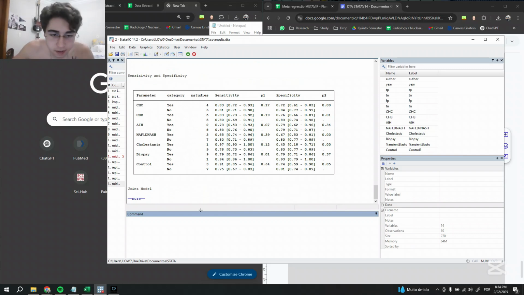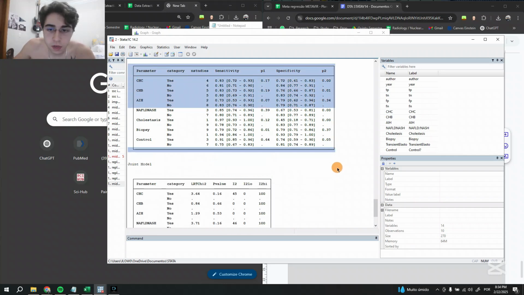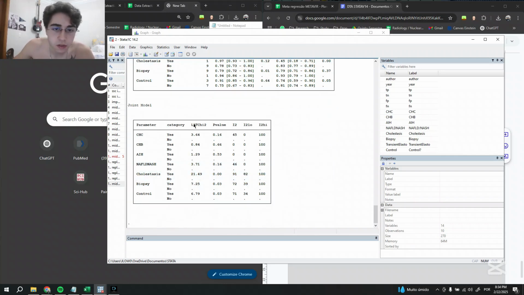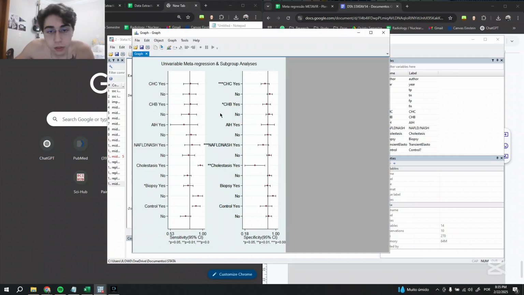Yes, nice guys. So this is, I'm sorry. The sensitivity and specificity output, you can remove these ones and understand all the covariates and number of studies putting yes or no in this parameter in this category. Okay, so and create another forest plot. I don't know if I call this one a forest plot, but linear variable meta-regression subgroup analysis is the title about this paper, and to understand